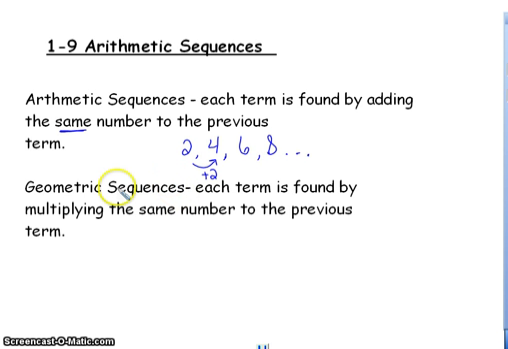Now, a geometric sequence is found when each term is found by multiplying by the same number. So once again, it's the same number. In arithmetic, it's adding. For geometric, we are now multiplying. Okay, the same number to the previous term. So for example,